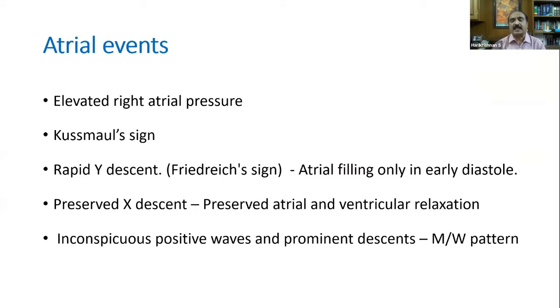Because of the preserved atrial and ventricular relaxation, the X descent is due to the atrial and ventricular relaxation. In restrictive cardiomyopathy, due to the myocardial abnormality, the relaxation is not happening. So it is a blunted X descent in restriction. But the X descent is preserved in constriction. The inconspicuous positive waves and prominent descents will lead to the M or the W pattern in a constrictive